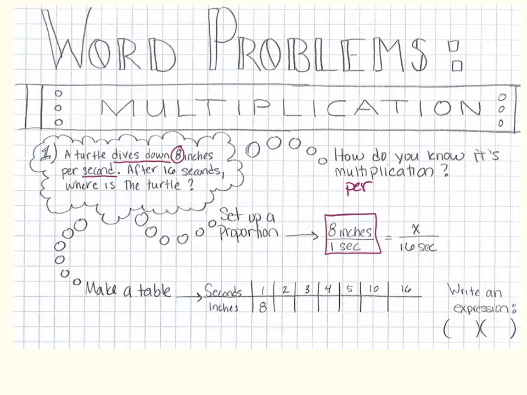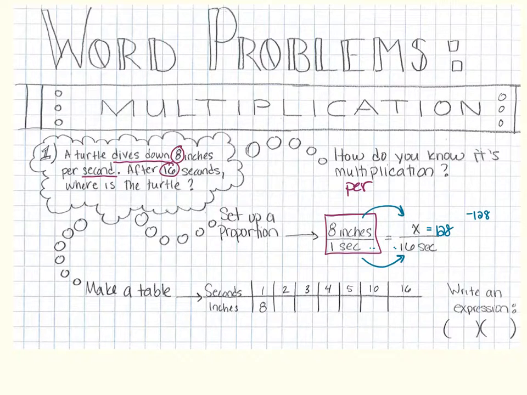But the second number in the second fraction is actually the other number that's given. But you have to make sure that if you notice, you have seconds to seconds on the bottom. Therefore, inches are on the top. So here, if we know anything about proportions, you can see that 1 times 16 is going to be 16, but you do the same to the top. So you're going to take 8 times 16, which is 128. Now, you just have to remember that it's going to have a negative outcome because the turtle is diving down. So the turtle is going to have a negative 128 inches